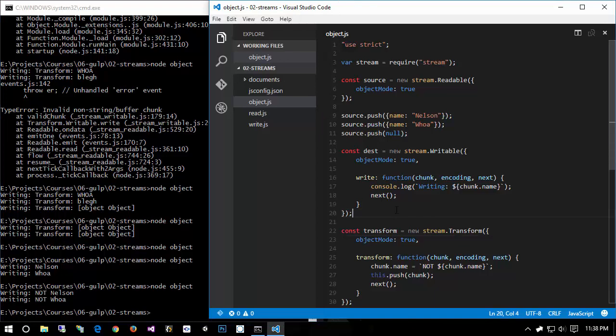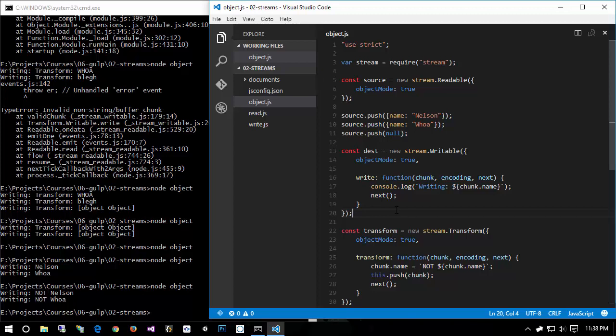So that is an object stream, and that is how Gulp receives your files. It receives them as objects, and all those different plugins get an opportunity to work on those objects. Now, there is an interesting thing to note, which is that it kind of mixes between streaming objects and streaming files, because in Gulp there's actually two modes you can be in,